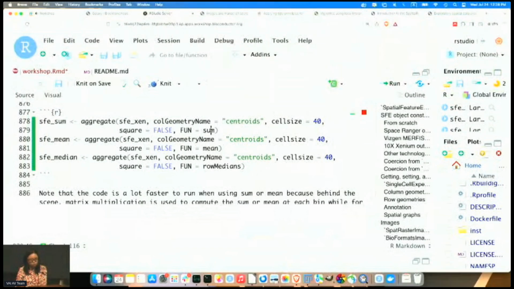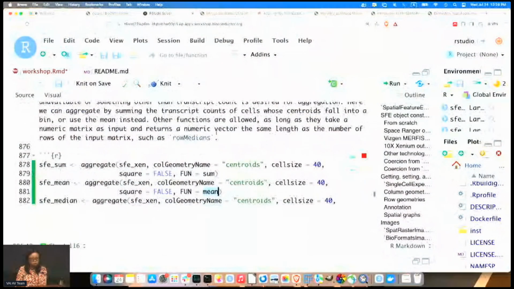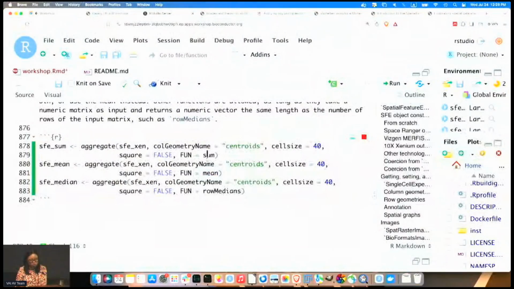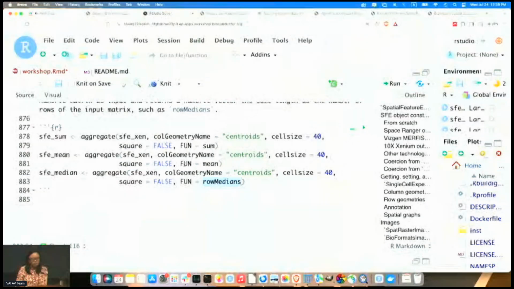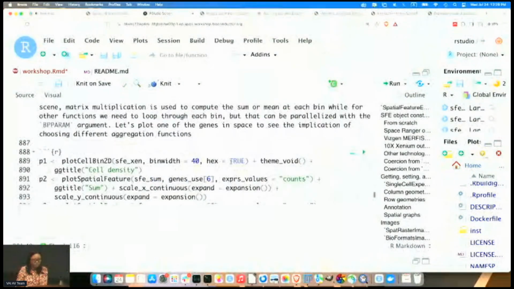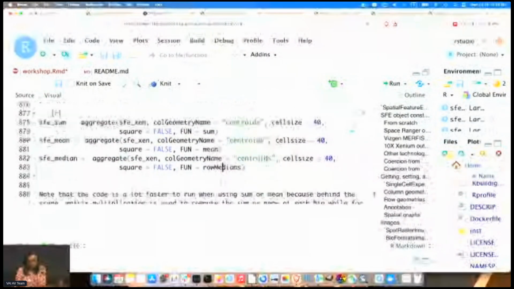Behind the scenes, I'm using matrix multiplication to compute the sum and mean. For the other functions, I have to loop through each individual spatial bin. That can be parallelized, but it's still slower than matrix multiplication. Here I got sum, mean, and the median.